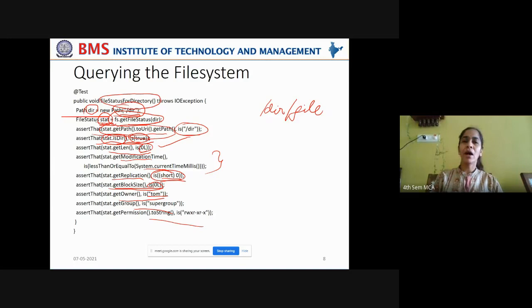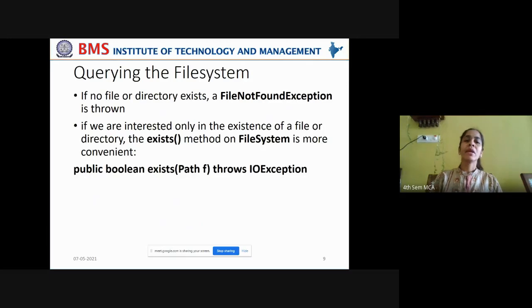Okay, this is how you obtain the status or metadata about a file or directory and try to tally it with the existing metadata of the file or directory and see whether all are working properly, all are matched or not. If no file or directory exists, a file not found exception is thrown.